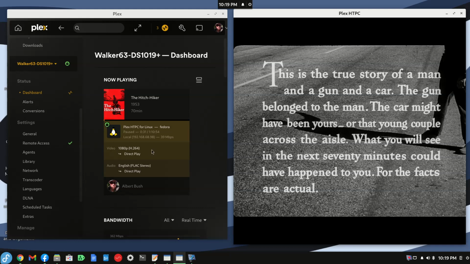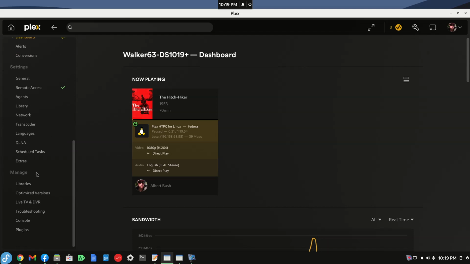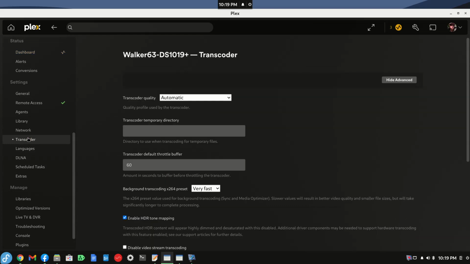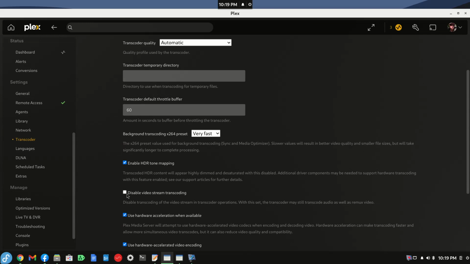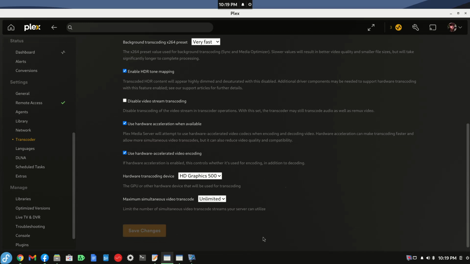And if you're not seeing the hardware notation here like I showed, well, we're already into the settings, so you'll want to go to transcoder and right here, use hardware acceleration when available. And maybe 6 months ago, an upgrade to Plex server gave us this. Usually it's set to auto, but you can actually see